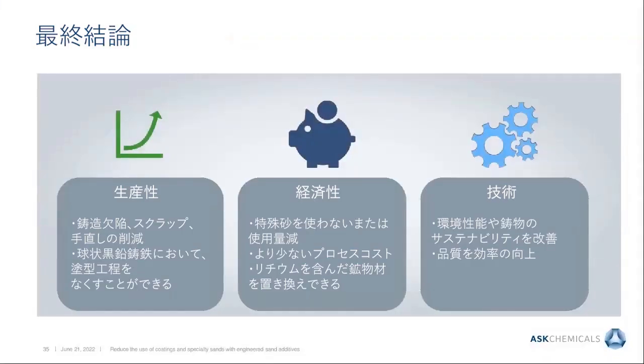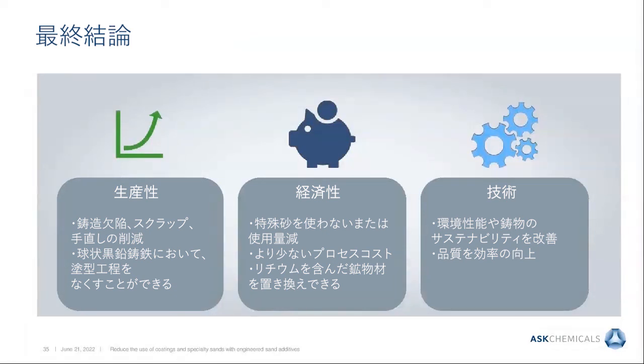Let me summarize. We could achieve a huge improvement in productivity by reducing casting defects, scrap, and rework, and of course also by eliminating the coating process on ductile iron castings. Concerning economics, the elimination or reduction of special sand will bring you a lot of money saving, you will have